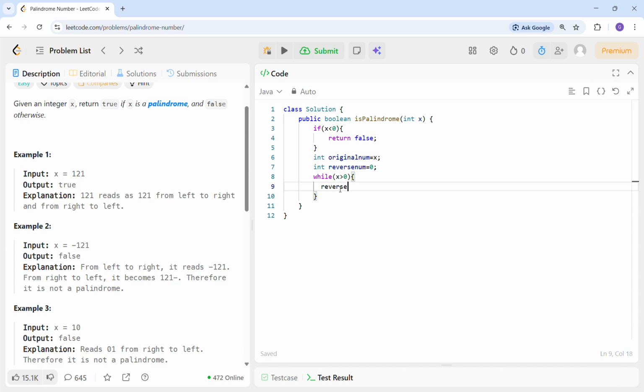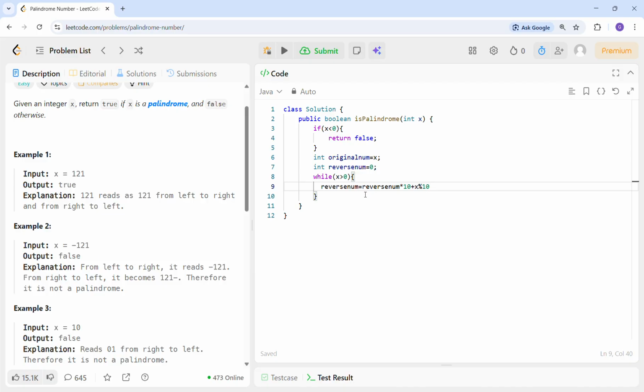Then we have to calculate the reverse number. The reverse number will be equal to the reverse number multiplied by 10, plus the modulo of